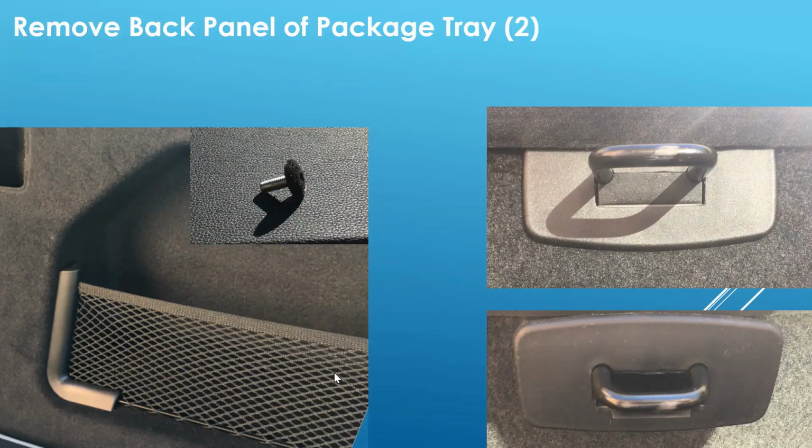In the middle of this tray is a Torx screw. You just undo that. And then at the top, there's a catch. There's a little plastic tab you basically fold down, and you can use your upholstery trim removal tool to pry this a little bit forward and take it off. With that,